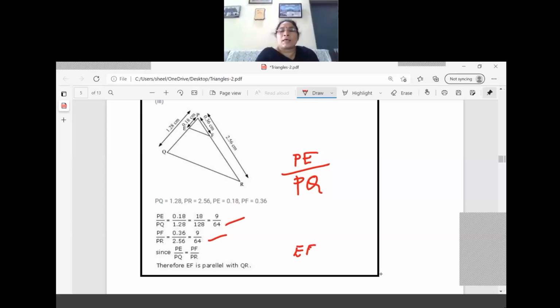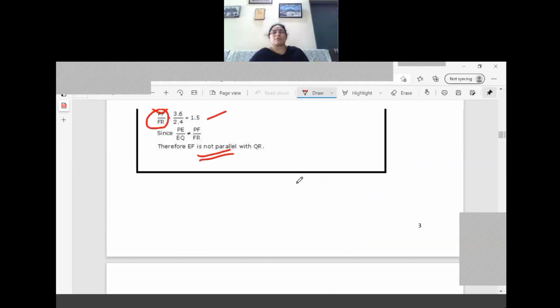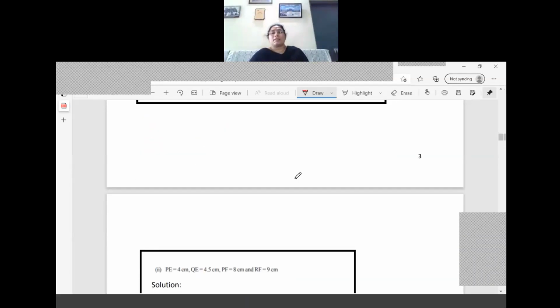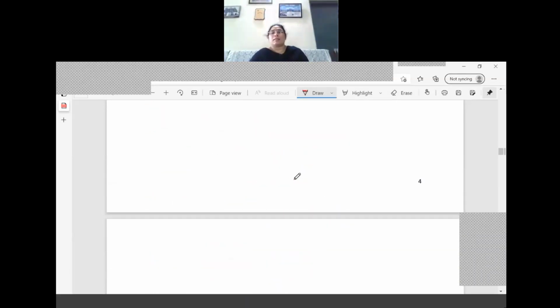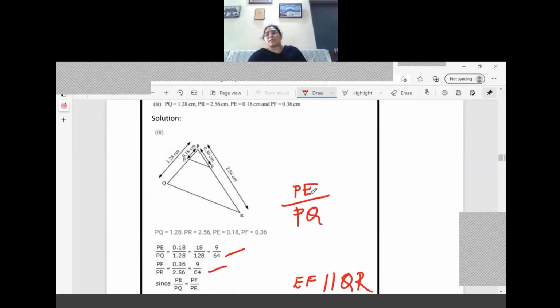So we are checking whether it is parallel. So this time also we got a parallel only. So I think three questions we have attempted here. Except the first one is not parallel there, and the second one also we got parallel, and third one also we got a parallel. I think now BPT theorem is very clear to you. When the line is parallel, then the two sides of the triangle are in the same ratio. And converse states that when two sides' ratios are same, then naturally the line is parallel to the third side.